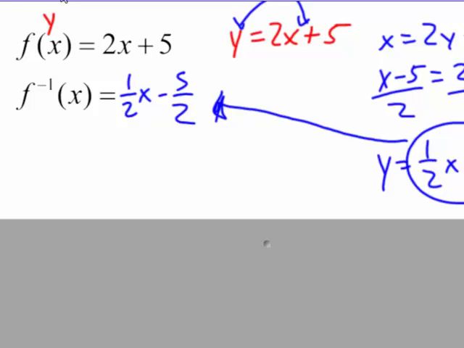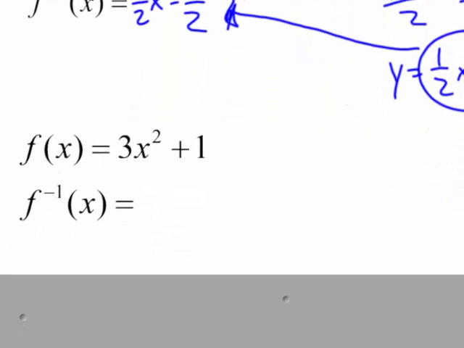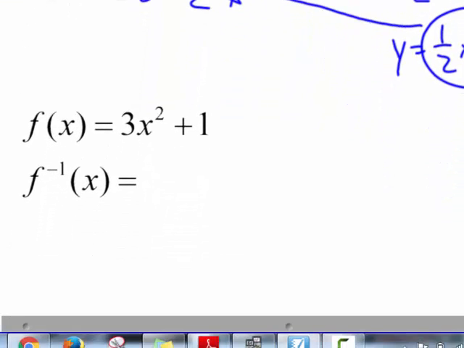Okay, so rewrite it with y. First of all, replace that f of x with y, flip-flop them, and then solve for y before you replace it to write your function notation for the inverse. Okay, I'll do one more really quickly so we see it. So I rewrite,